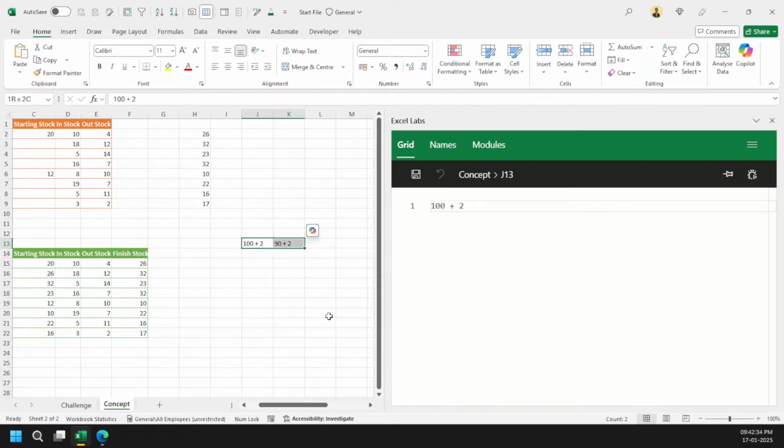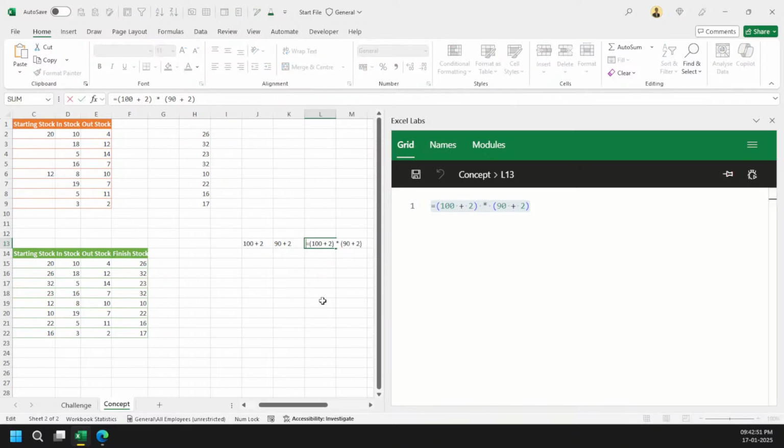Okay, you will understand this much better. So I need to multiply these two values, right? So what will happen is 100 plus 2 into 90 plus 2. Got it? One second. So you can see that my answer is coming 9384. Got it? So what can I do here simply? I can come here and write it in this way. So I will take out the common of these two here.